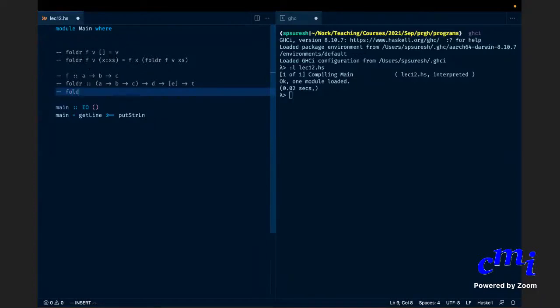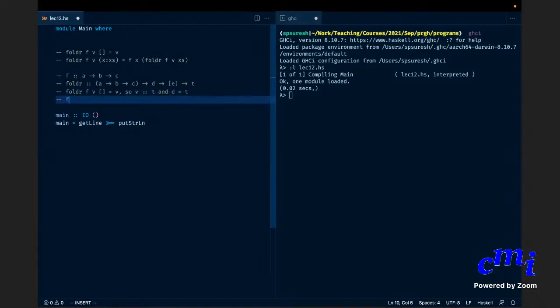So going with the type of foldr, what is the type of v then? T, right? But we have already said that v is of type D. So therefore, D equals T. Okay, fine. What else can we say?